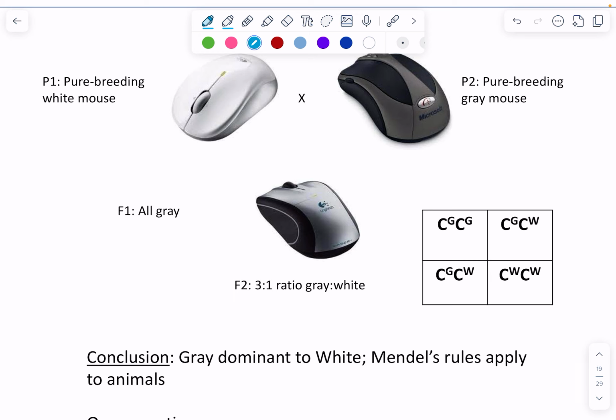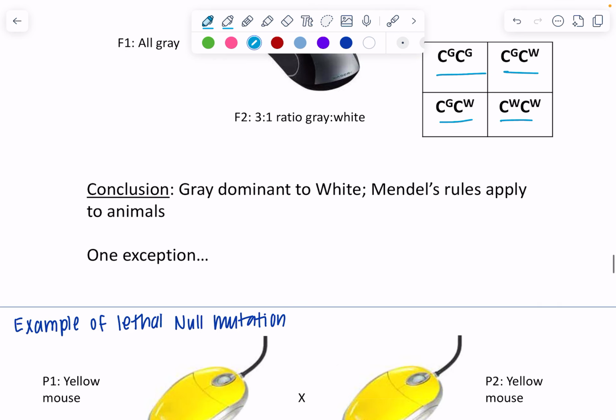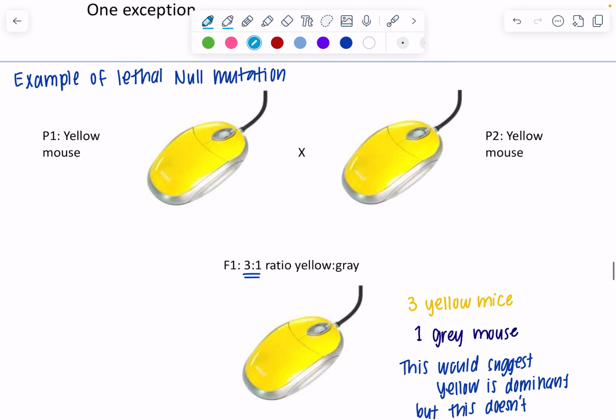However, you see that here, they use G as the dominant and W as the recessive. So this would be white, this would be gray, gray, and gray. And all the mice live. Happy ending. If, however, you take a yellow mouse and another yellow mouse and you get a 3-to-1 ratio, that